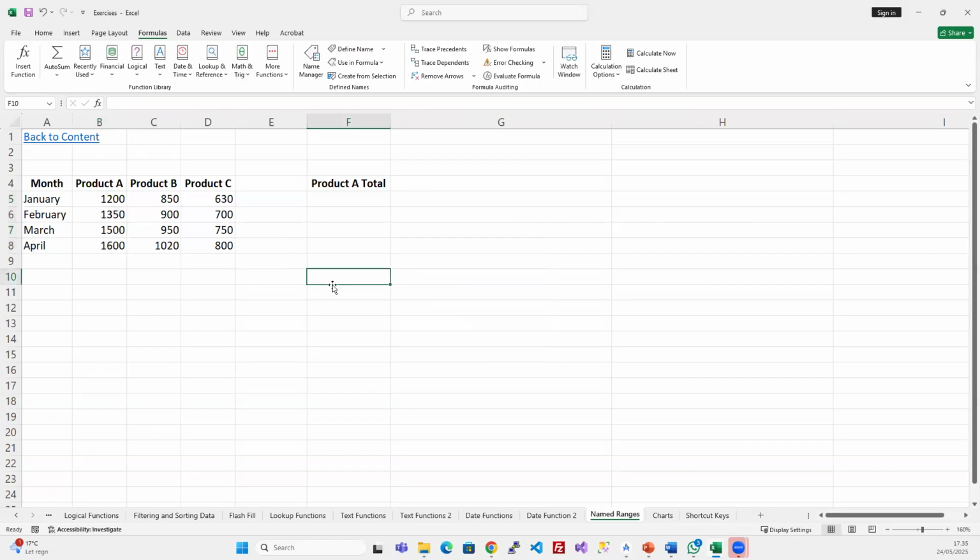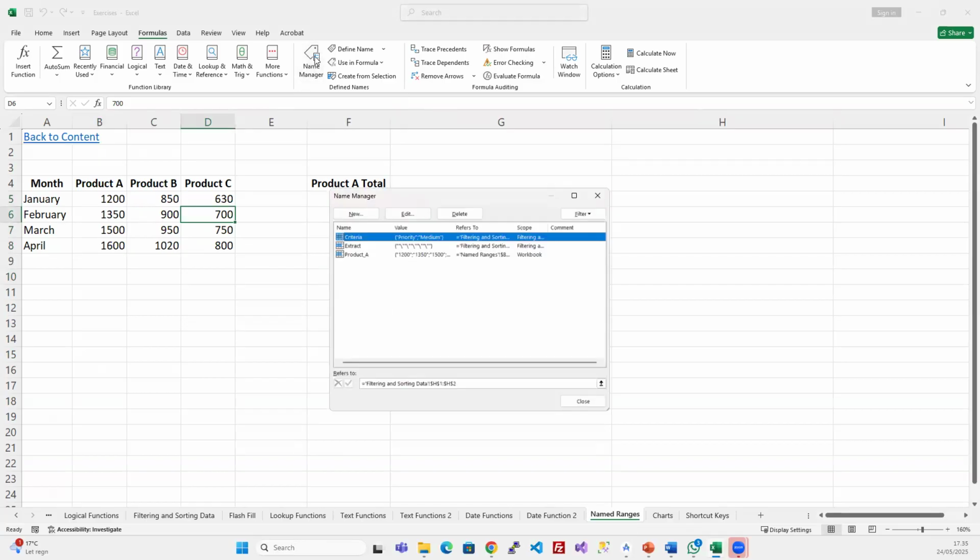So I say, okay, yes, but now what? Now, where is product A? That's where you need the name manager. So if I went into the name manager, then you can see I even have a few other names within this workbook. And this is the one that we have just created. And you can see the reference of product A is all of these values. So named ranges is the name of my sheet, and it's telling me that the range is between B5 and B8, which is true. So B5, B8, and I can actually either delete the name or edit it,